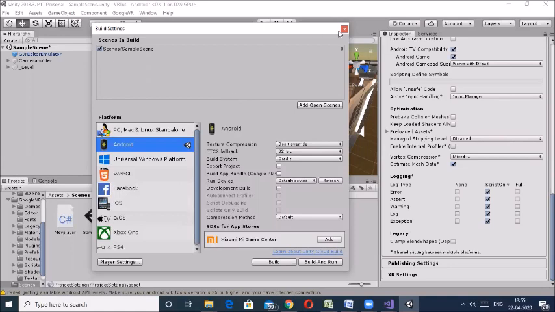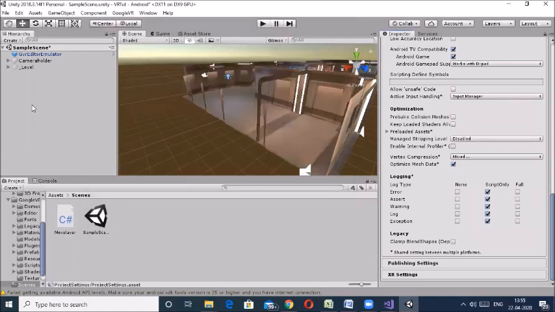Okay, so that's it for this video. Just create your own app, and in the next video I will tell you how to interact with virtual objects or buttons in a virtual reality app using a pointer, touch screen, or any button of Google Cardboard.